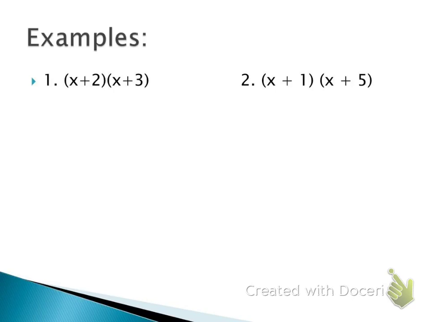All right, first I just want to set it up. Eventually we might get comfortable enough to just kind of use some arrows to help us out. But I want to follow those steps. So the first thing I need is the first term from my first binomial. What is it? X. And I'm going to multiply that to the second binomial, which is